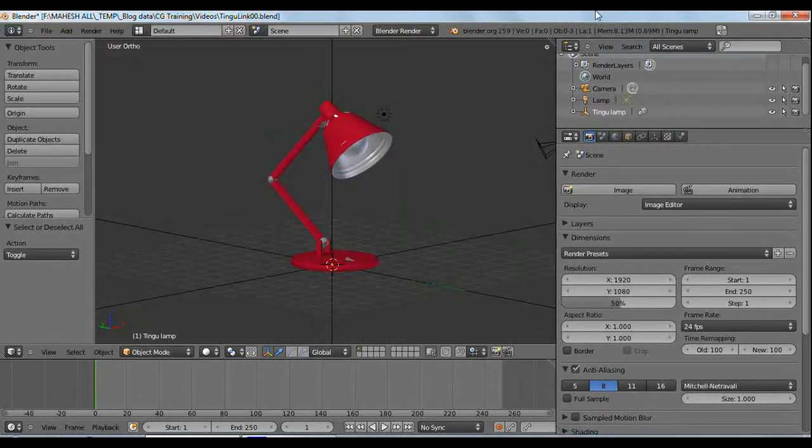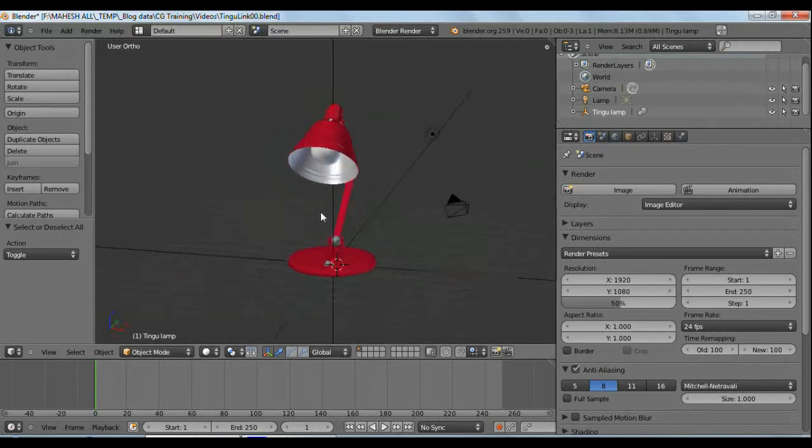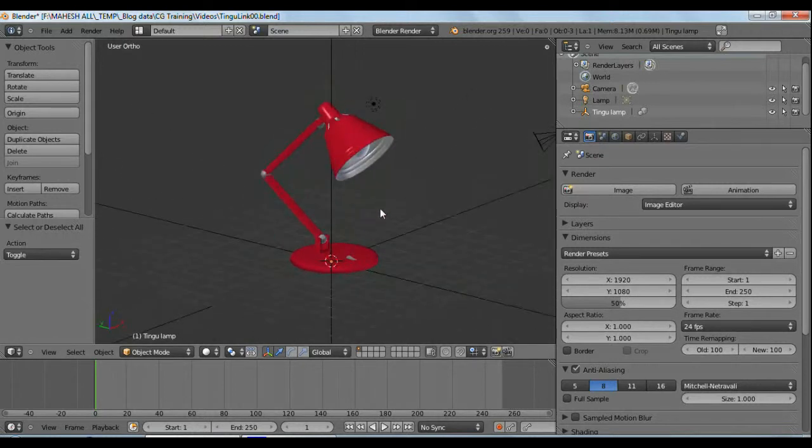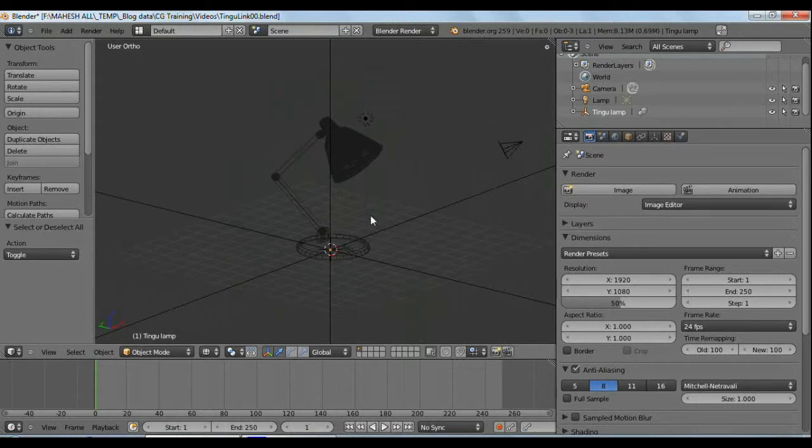In this video, we are going to see some viewport navigation tools inside Blender. To demonstrate this, I have this scene loaded here of a table lamp. Since this is the 3D scene, we can see the objects from any angle, like so. We can zoom in and out. We can even turn the object shading to wireframe and back to shade. So let's see how we can do this in Blender.